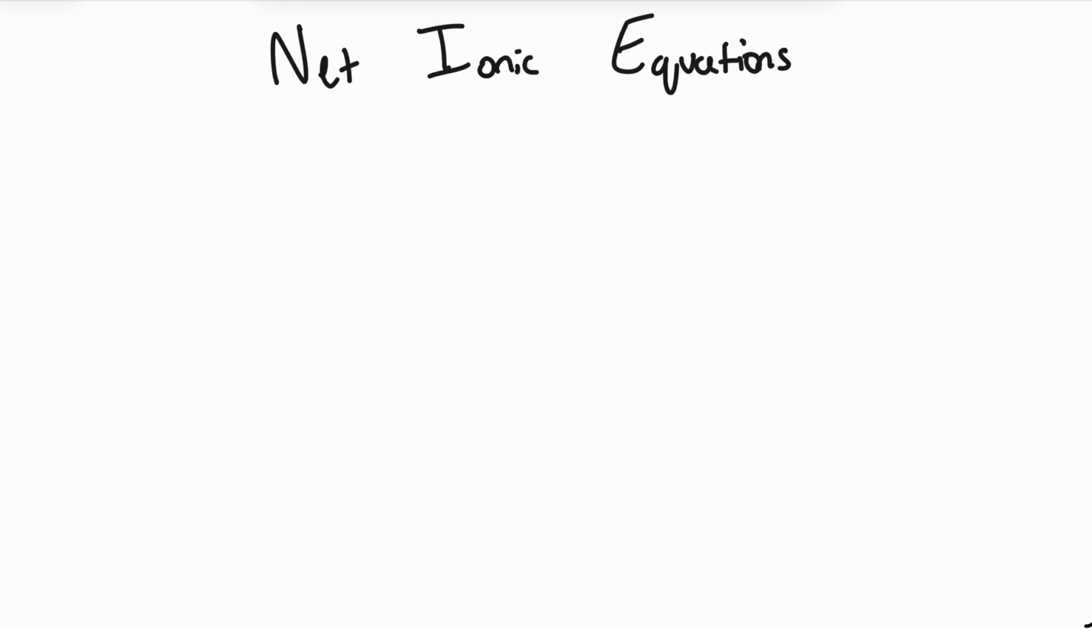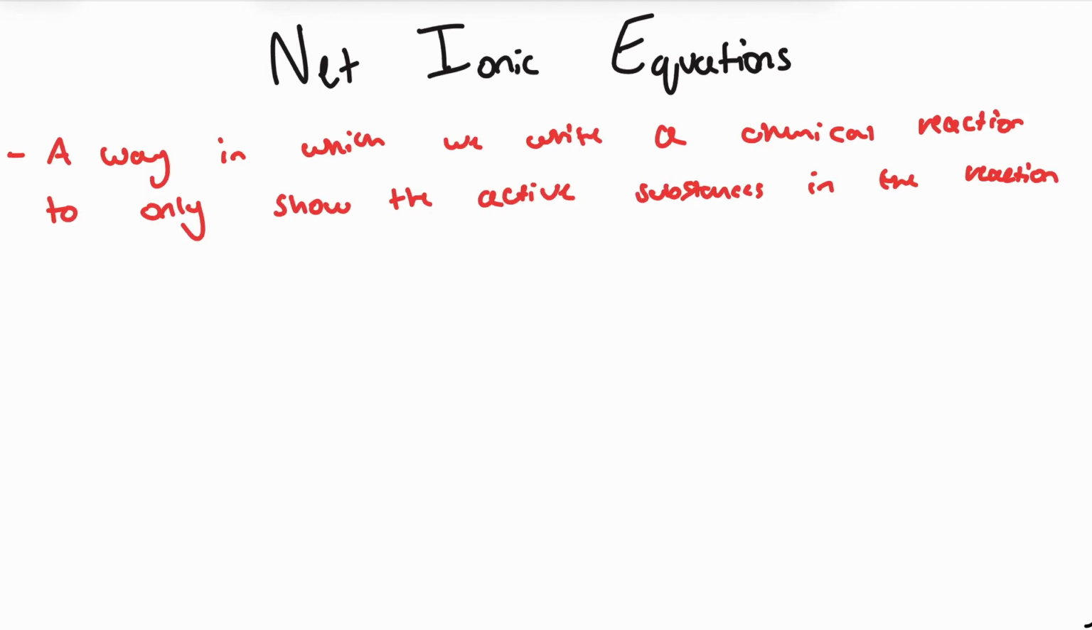In this video, we'll be looking at net ionic equations for chemistry. Starting off, what is a net ionic equation? Net ionic equations are ways in which we can write chemical reactions to only show the active substances in that reaction. Simply put, we're going to write a chemical reaction, but we're only going to include the substances that are